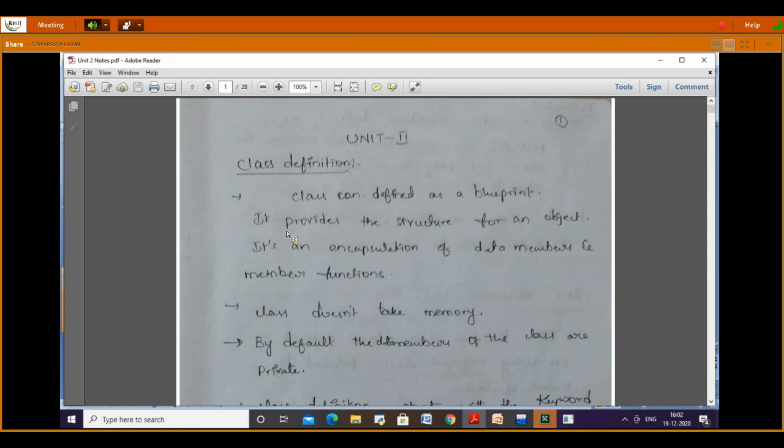The chat box is enabled only, ma. Everybody can see the chat box, right? Yes. The chat box is not enabled. You can't see the chat box. One second.